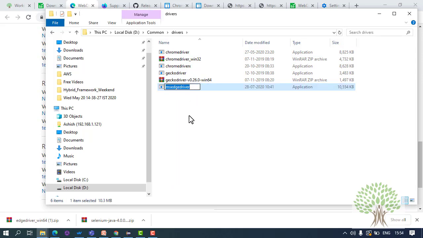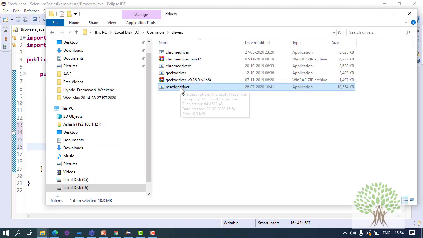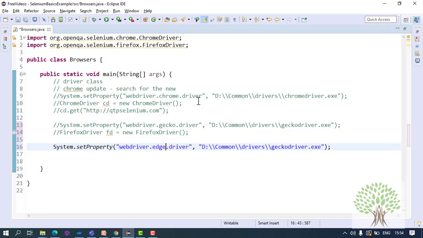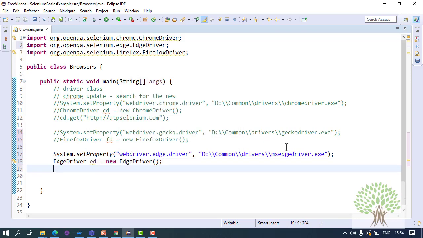Microsoft Edge driver. So again I have to give the command, that is System.setProperty webdriver.edge.driver and give the exe path of Microsoft Edge. And you create the object of Edge driver. So in case of Edge also you have to be careful about the version.